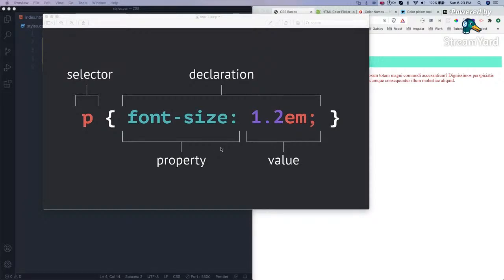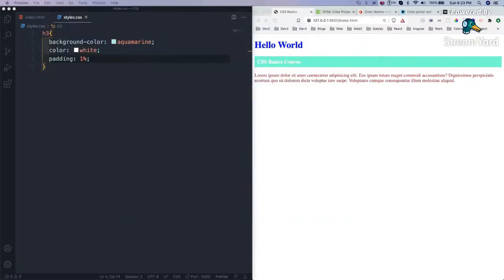Again, you don't have to learn all of them, and I will tell you about all the important properties. After that is the value, like 1.2 em. There are a few units for values which I am going to tell you about soon. So this is the whole format.